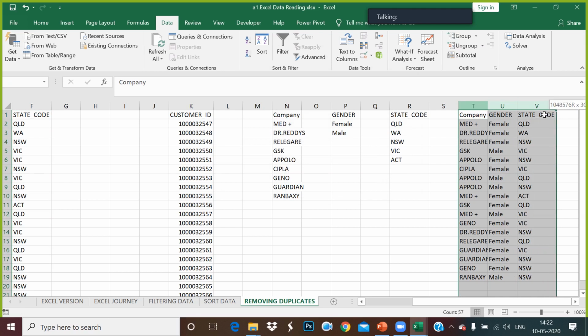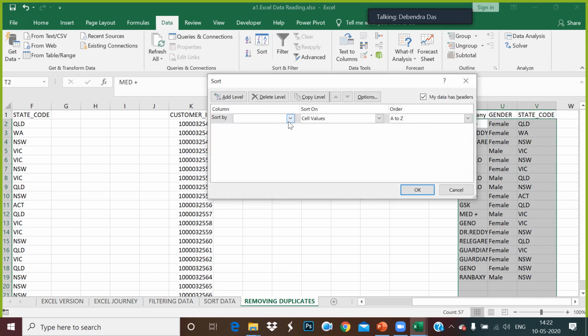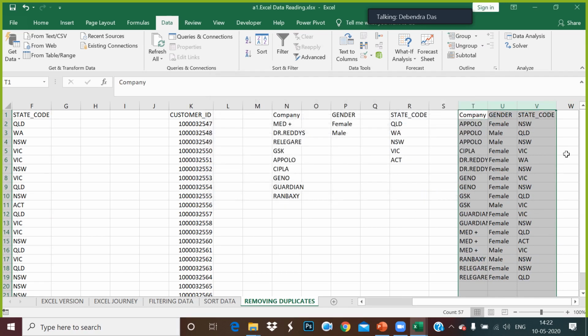Now you select this data and go for sorting this by company, then by gender. If you do that, it shows it is a unique combination. Apollo is repeating three times. It doesn't mean it is going to be a duplicate, because if you consider Apollo with gender along with your state code, it is coming as a unique combination. So this is called unique in nature. So it is very important to understand, looking at the data, how to remove duplicates or how to identify the uniqueness within the data. So this is how we use a very important function here, which is called data tools, and your remove duplicates.